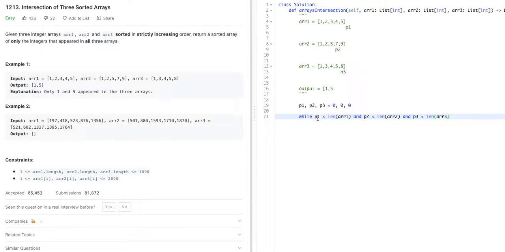And when it says as long as P1 is smaller than the length of array 1, in this case, the length of array 1 is 1, 2, 3, 4, 5. And P1 indices start from 0, so it's 0, 1, 2, 3, 4, and now this is 5. So it's not smaller than 5, so we need to end this while loop. This way it helps us go based on the smallest array that we have,